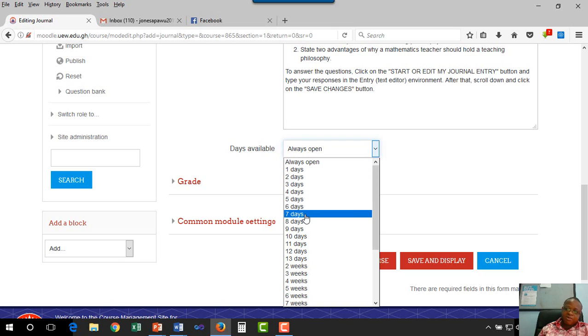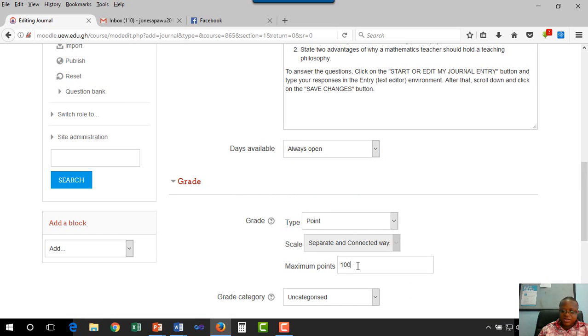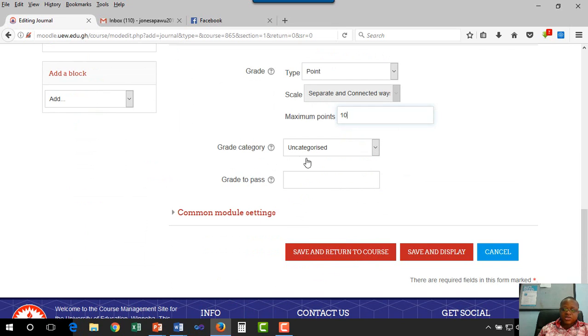So you can set up assignments or you can set up activities and release them as and when necessary. Grade, are you going for the point? Is it out of 100 points? No, 10. Then grade category,